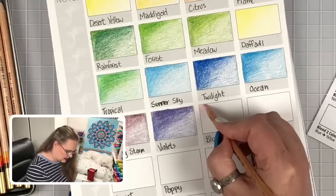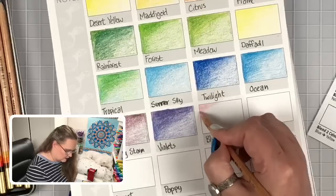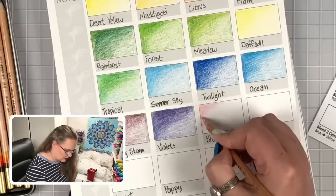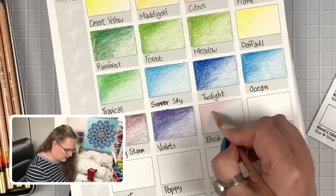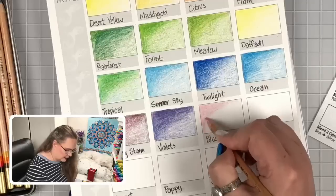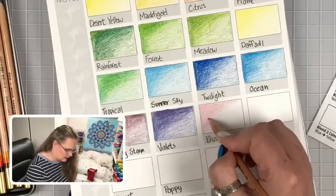Okay. What will this pencil do? I'm hoping I have time to color something like some flowers or something. I am on our color pencil paper, which is usually the best paper I know of for coloring with color